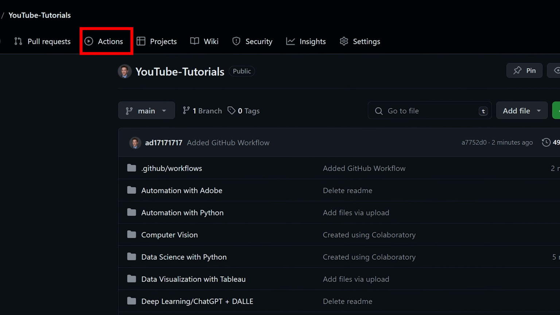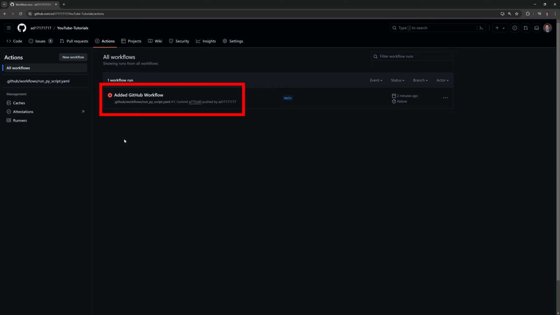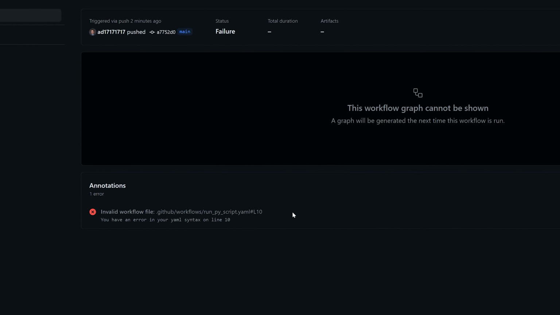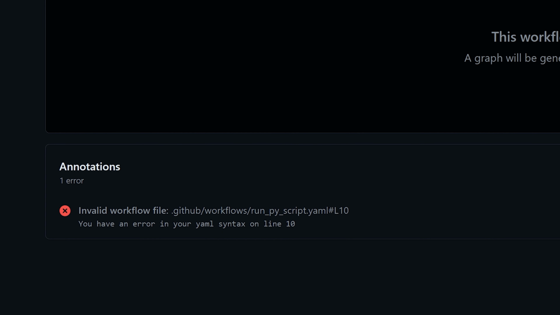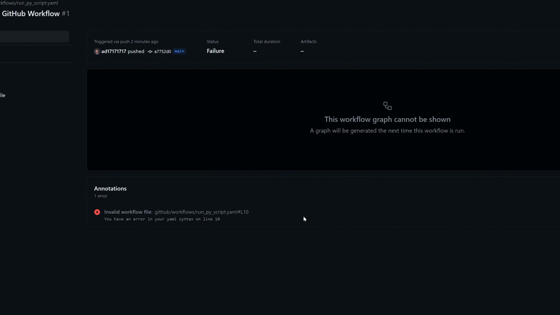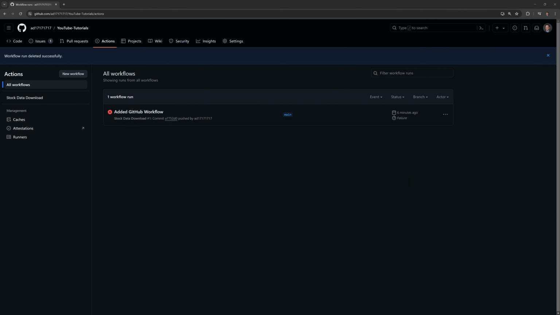And when we have a red X like this, it is a failure. Let's take a look at the issue. And this is a good example of a typical problem with GitHub Actions. There is an error in my YAML file. I am going to go back and fix it to see if we can get GitHub Actions to run. I went back to the repository and fixed the indentation error on the YAML file.